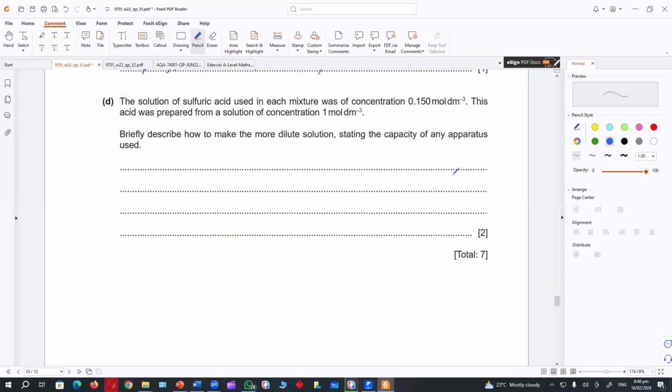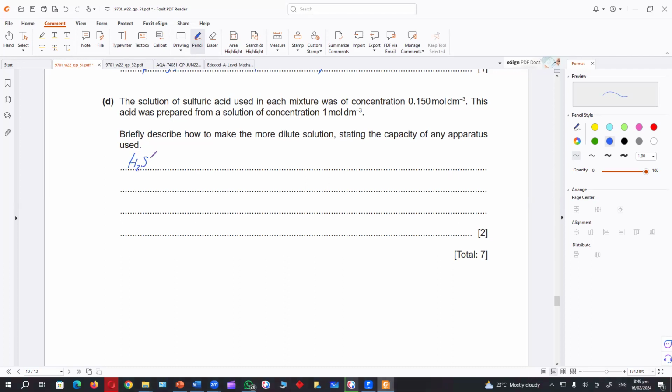The solution used in each mixture was of concentration 0.15. The acid was prepared from... Acha, original concentration is 1. So we are starting from 1, and 0.15 is what we actually need. Acha, it means we have to convert